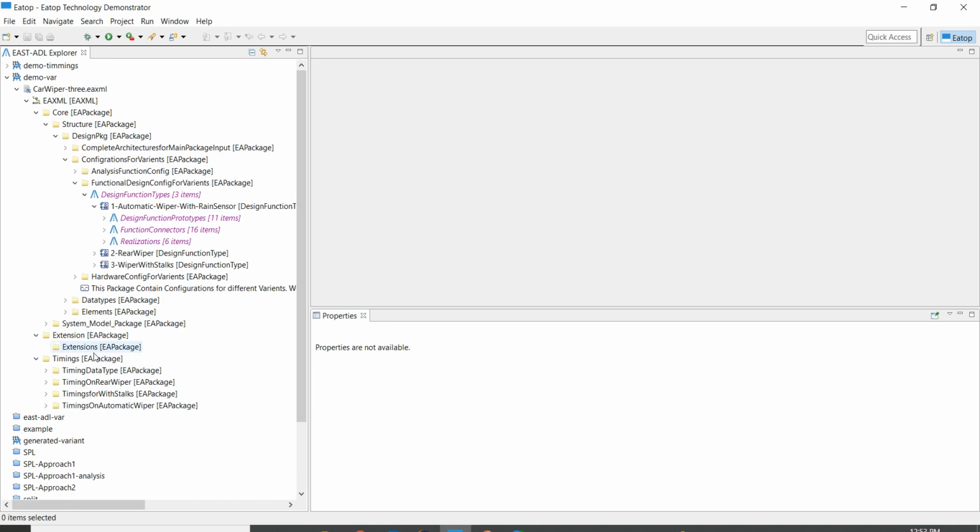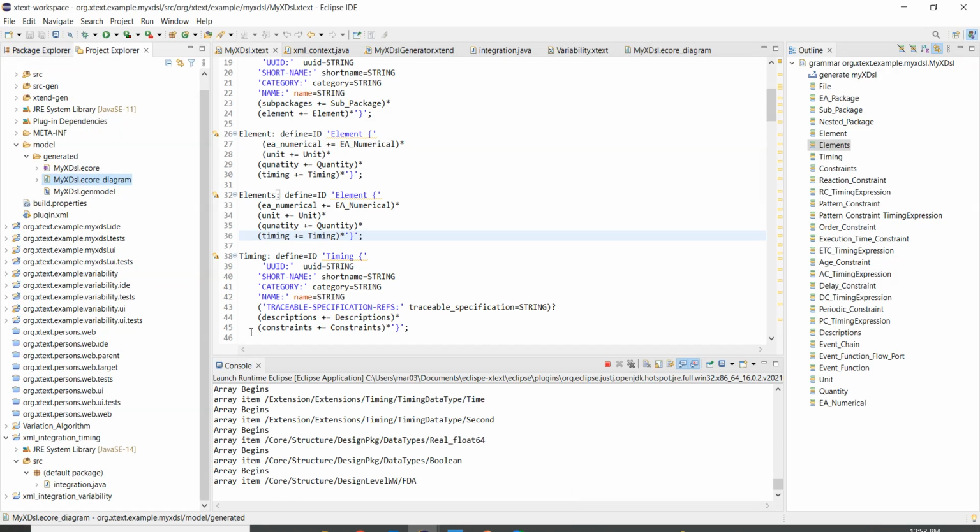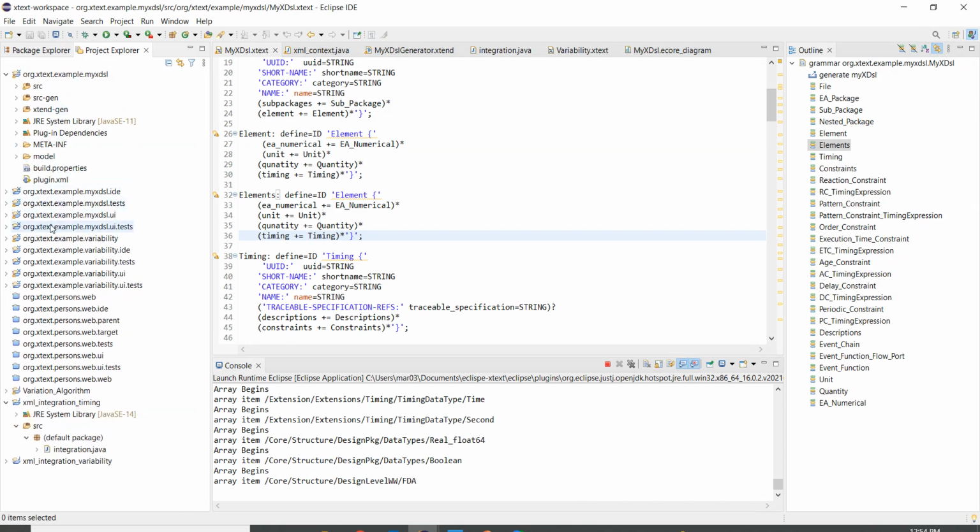But here you can see we don't have the information about the variability. The variability is not defined here. So we will define the variability in the textual editor here. So if we open the